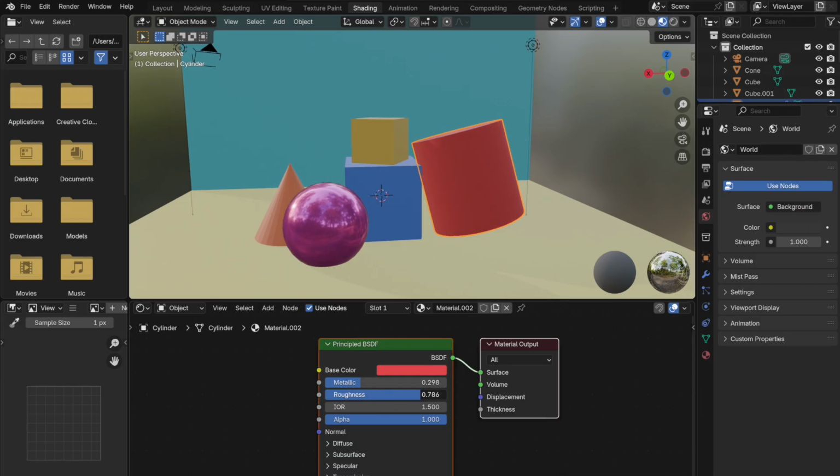Just do this for all your shapes and mess around with it to make it look better. Let's say I want my cylinder to also be more reflective. Let's say I want my cube to be very rough, and I want the cube on top to be a little bit metallic but also a little bit rough. And then maybe the cone back here, we're just going to change the metallicness by a little bit, maybe make the roughness a lot. Okay,